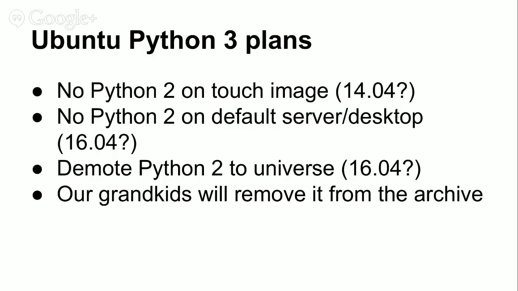So one of the big ways to save space is to get rid of Python 2. We're not quite there, but we're getting there. One of the biggest things right now is Autopilot, and we're in the process of porting all the Autopilot infrastructure, the CI infrastructure, and all the individual tests and clicks and devs and apps over to Python 3, and that's still going on. We've also had a goal for several cycles to get rid of Python 3 on the default server and desktop images, and those are more difficult because we have some rather problematic stacks, and